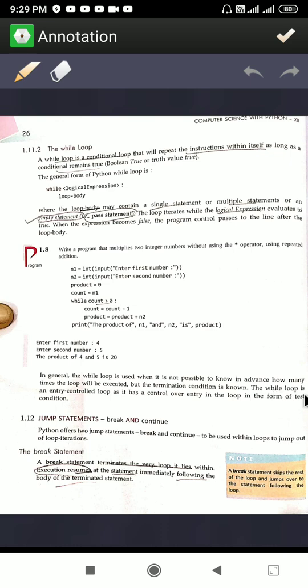The while loop is an entry control loop. Why is it named an entry control loop? Because before entering inside the body of the loop, the condition is checked. So at the entry we are checking the condition, we are controlling from the entry point. So it is known as an entry control loop. I hope it is clear to all of you. So now next is